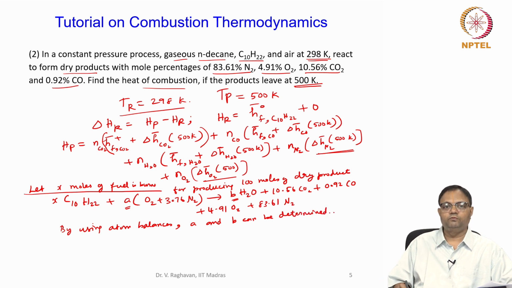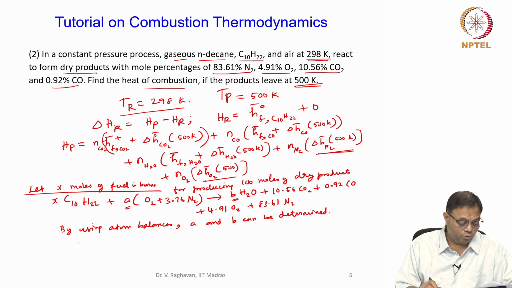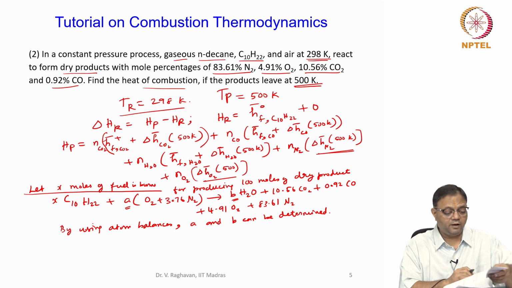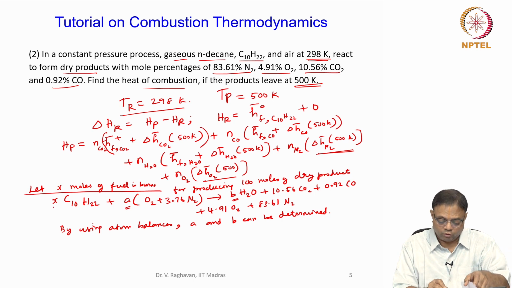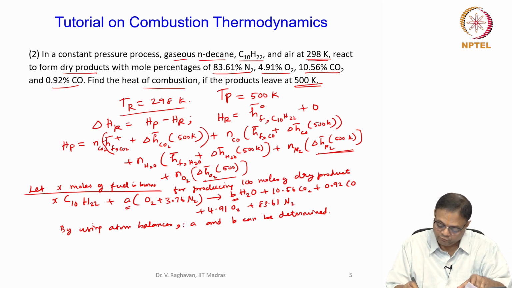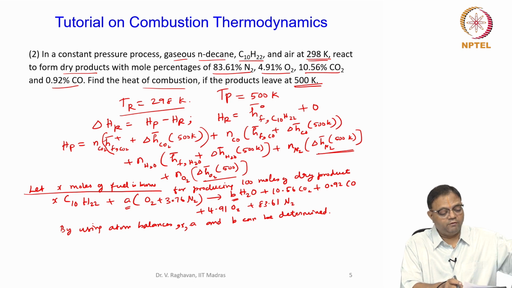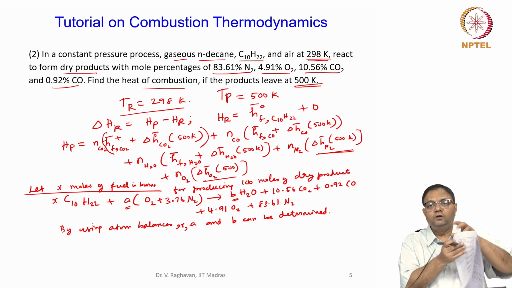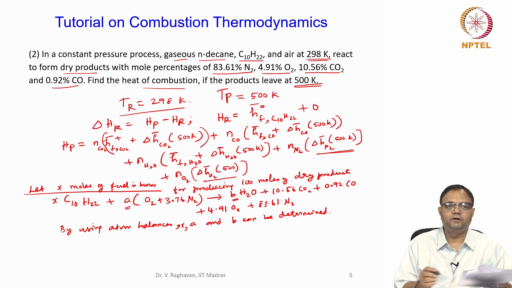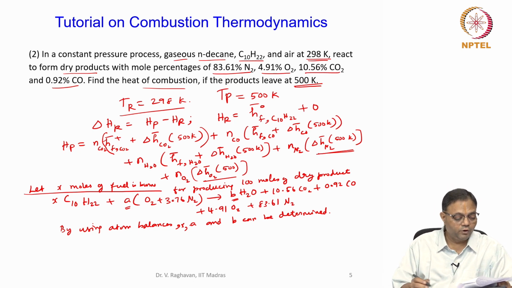Okay, so A and B values can be determined from this. So I will write the equation. Anyway, I will also divide by x. So x also can be determined. So x, A, B can be determined. Now once I do that, I will divide the equation by x and write the equation per kilomole of fuel. So there what I write is basically